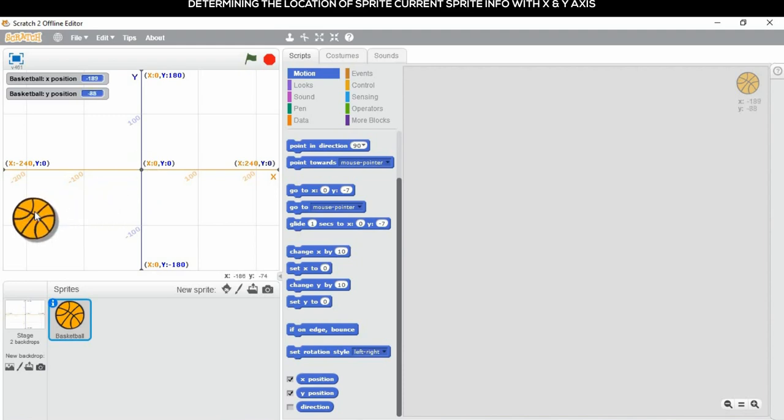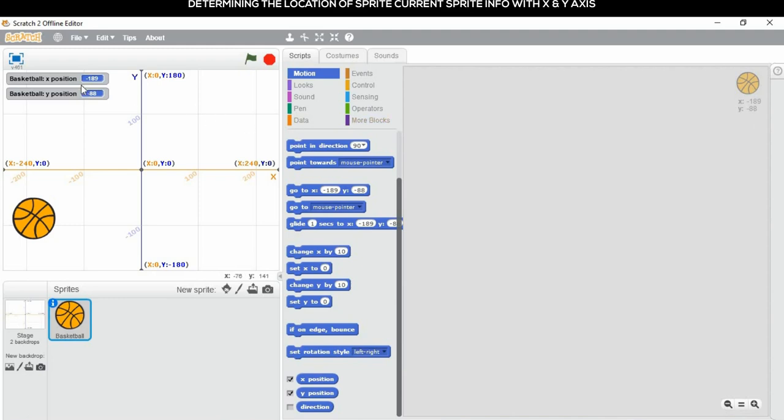Imagine now I am moving my sprite. Just look at the position. The X position is -189 and Y position is -88. So by seeing this, we can easily identify the current position of our sprite. At the same time, we can see the current position of our sprite at the right corner of the script area. Whenever you start inserting your sprite, immediately you can see the position of this X and Y. It is a default value.